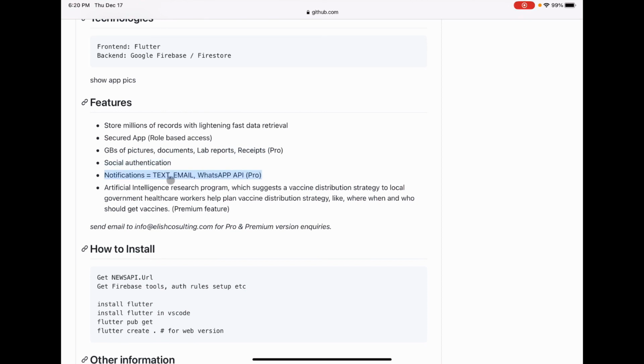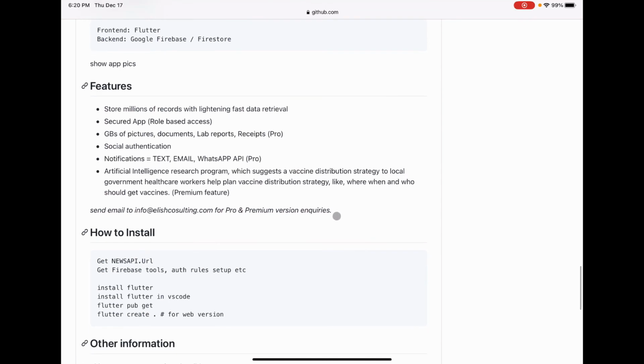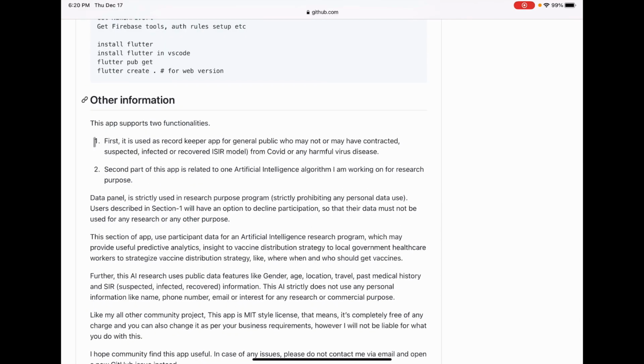But this application I have personally tested. There are very useful features: the notification side of it, the storage side of it. It can deal with millions and millions of records, so you don't need to worry about the performance. And the best aspect is the artificial intelligence research aspect of it. For example, a lot of people are struggling to understand who should get vaccines first. I totally get that. You need to have your corona warriors and the frontline workers get vaccinated first, your senior citizens, but there are also some other aspects. So the research side of it helps government make informed, useful decisions.